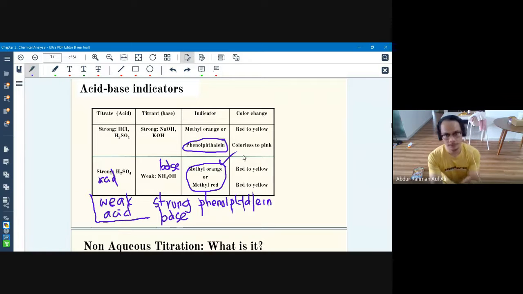Okay, so kenapa? Let me explain kenapa kita guna ada specific indicator kalau we are dealing with the weak counterpart. Okay, so contohnya kalau macam kat atas ni, strong acid dengan strong base. So kita boleh guna either one. Okay, tapi kalau strong acid dengan weak base, they recommend just methyl orange ataupun methyl red. So this is because this one of this solution will only be efficient with a stronger counterpart.